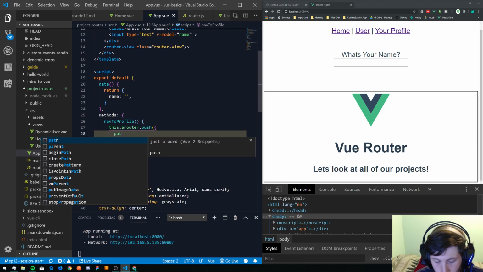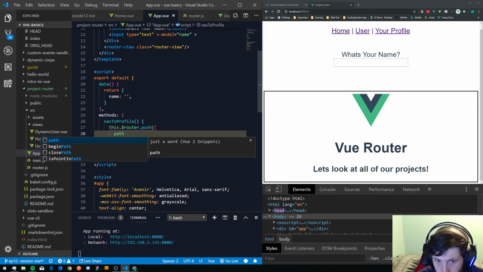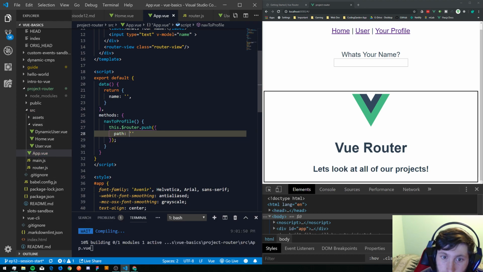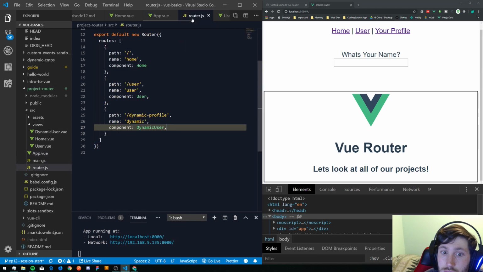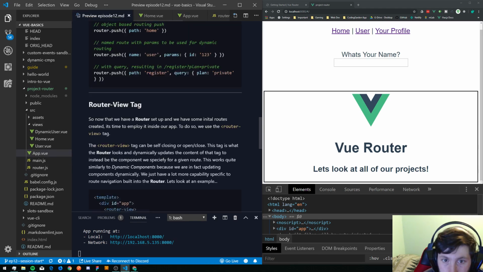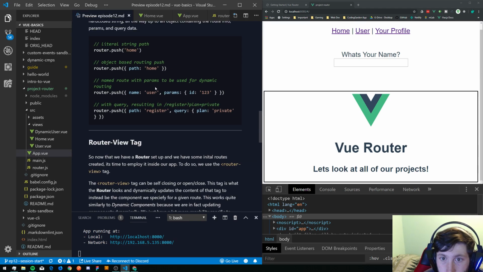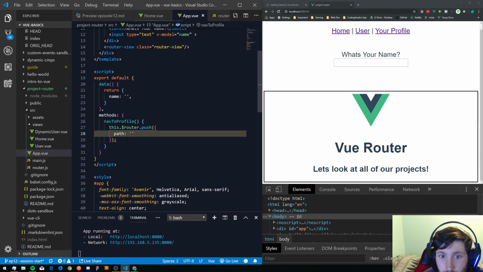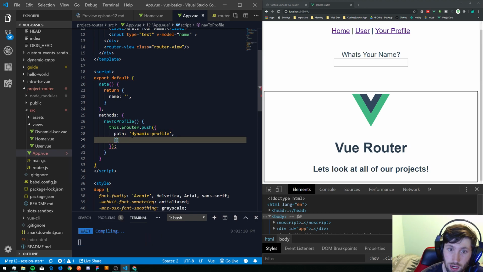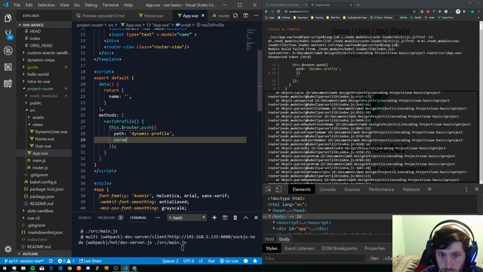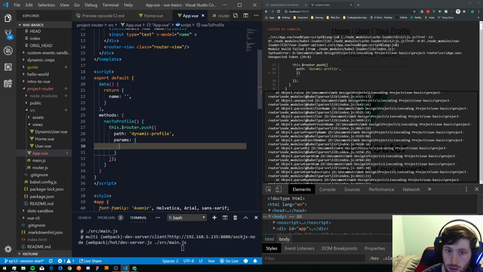So path is, let's see, how did we have it written in our, so a string again, and then this will be dynamic profile, just like that, and then we will also add in an object of params, so just like that, and